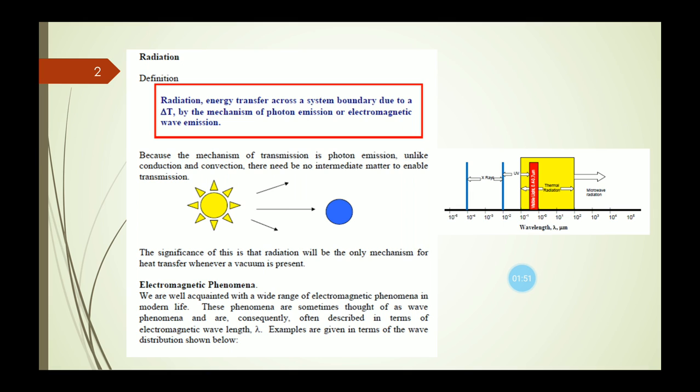We have seen earlier that in case of conduction and convection, the presence of a medium is required, but this radiation heat transfer does not require any medium to propagate. Again, the rate of heat transfer by conduction and convection varies as the temperature difference to the first power, what we have seen in case of Fourier's law of heat conduction and Newton's law of cooling for the conduction and convection modes of heat transfer respectively.